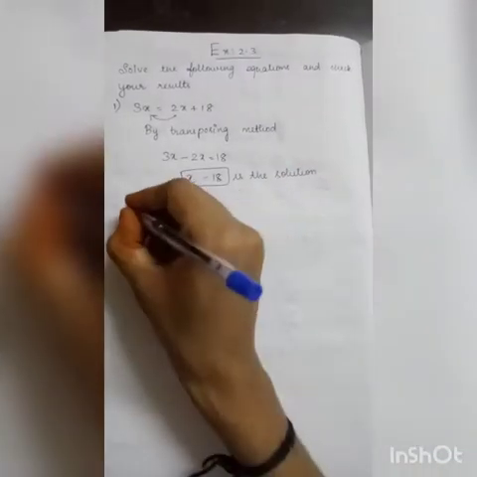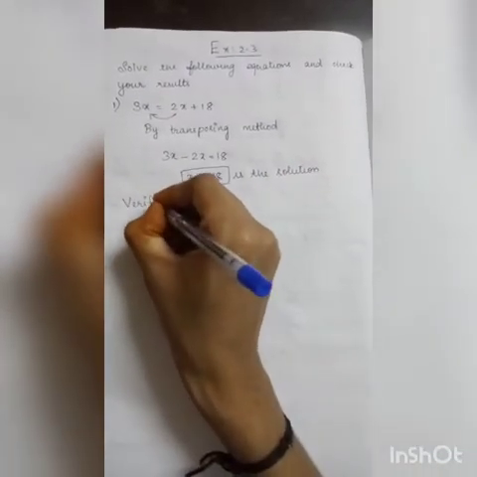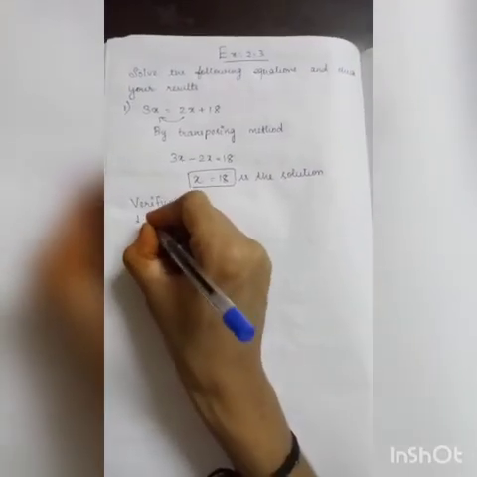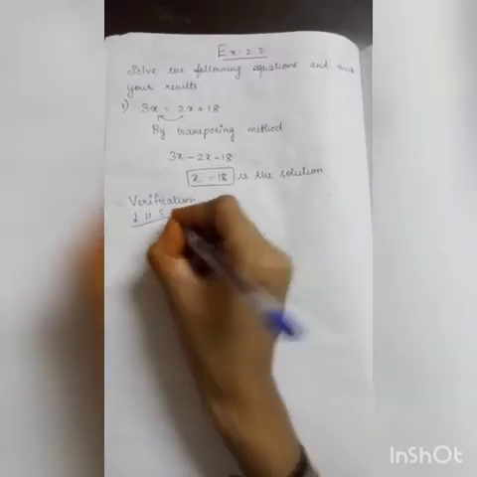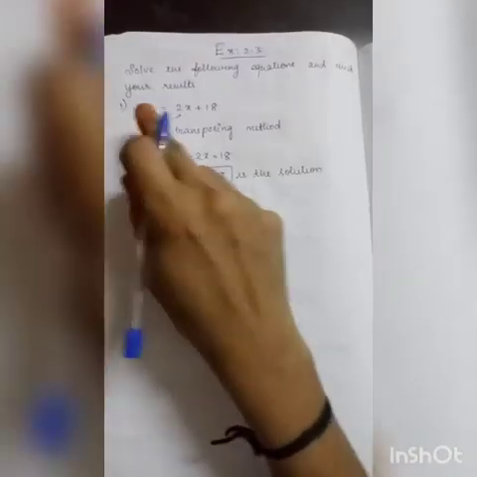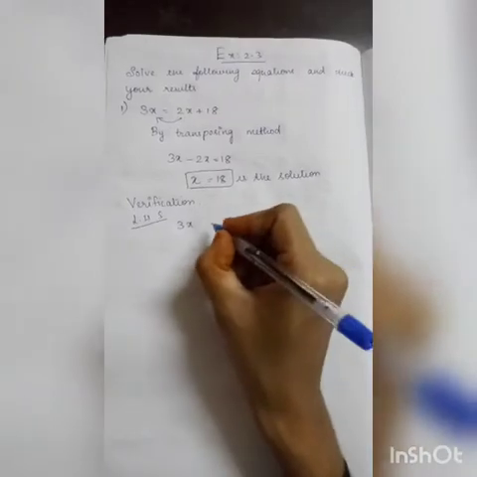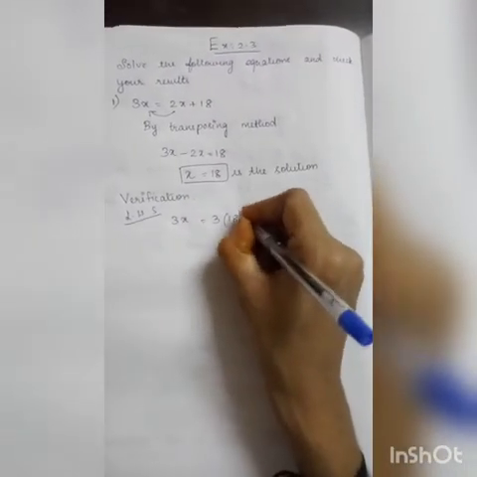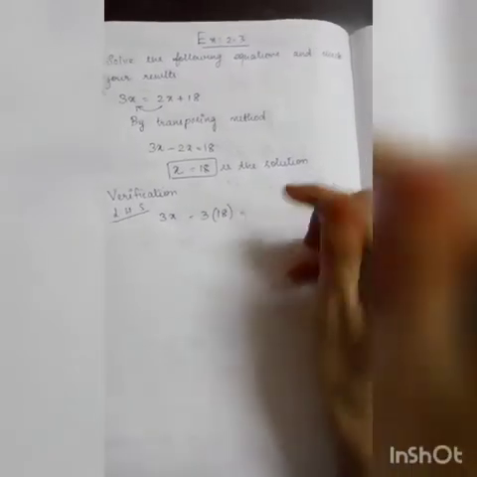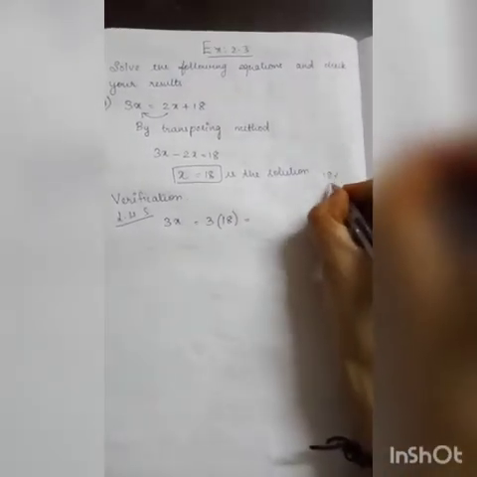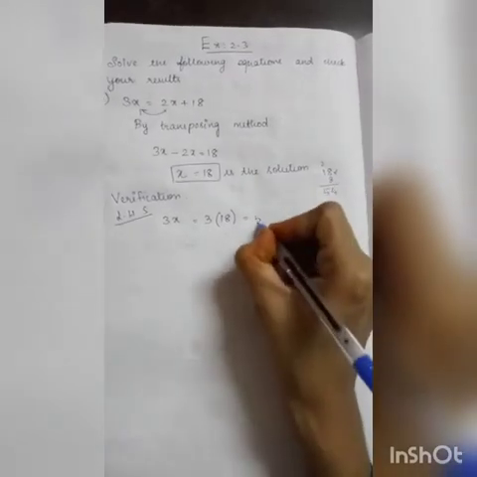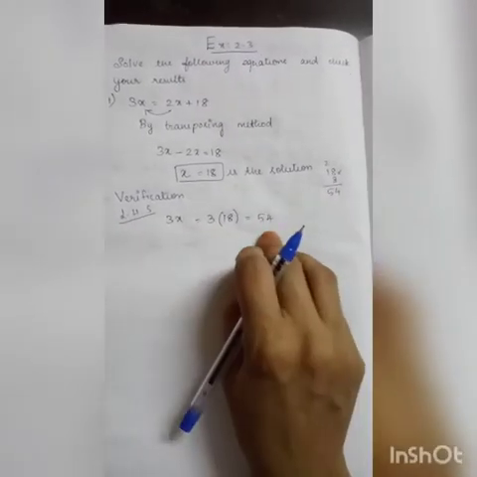So here we are going to verify it. Okay. So I write verification. Verify it means what? We are going to check it. So what I am just going to do is I am going to take LHS separately. What is my LHS? LHS is 3x. What is 3x? 3 into x value is what? 18. 18 into 3 is, 8 3s are 24, 3 5s are 15, 54. So LHS value is 54.